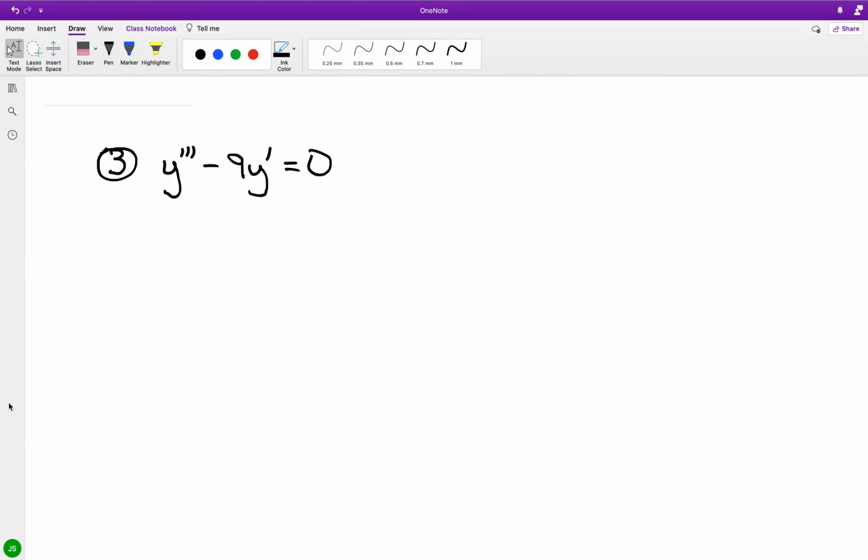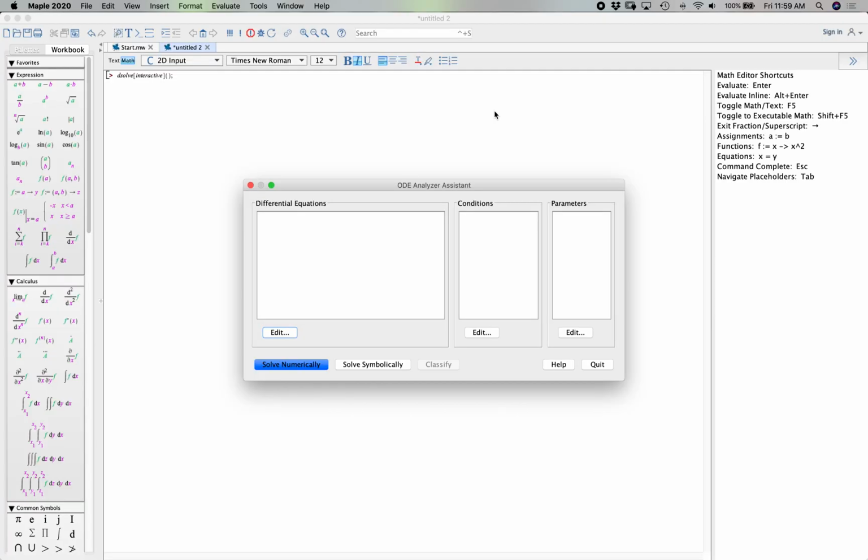Now let's say I have the third order differential equation, instead of y triple prime plus 9y prime equal to 0, and I make this into a different statement. If we look at solving through the use of Maple, and again through the ODE Analyzer Assistant, if I edit, assist,